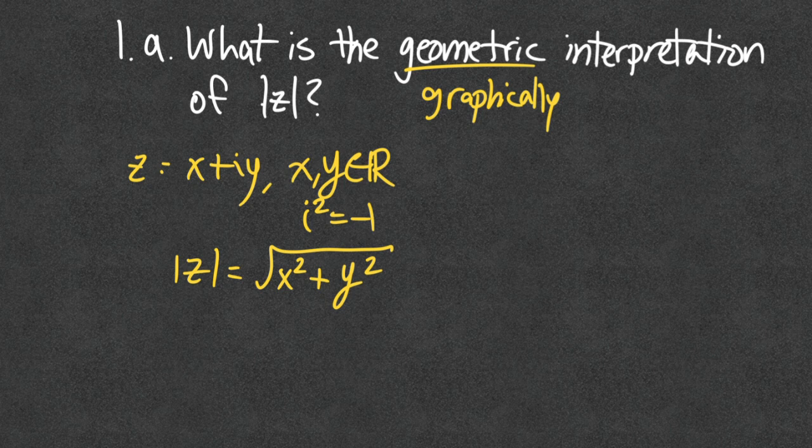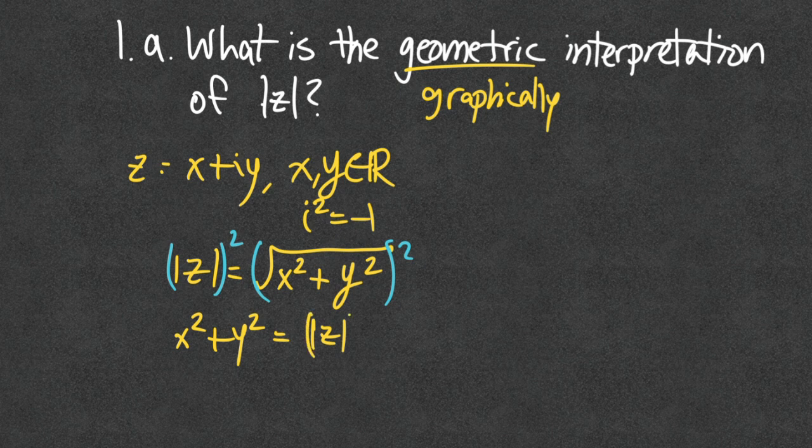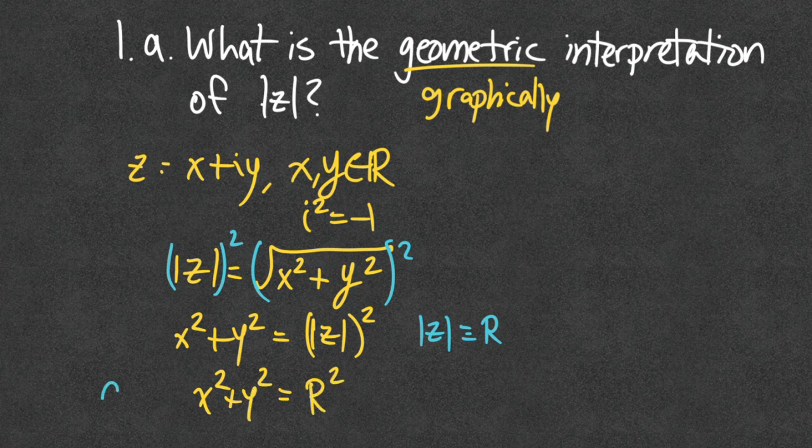And something that we can do with this definition right away is square both sides. When we do that, we end up with x squared plus y squared equals a real number squared. And by making one little definition, by letting the modulus of z be defined as maybe capital R to be a little bit suggestive, we really have that x squared plus y squared equals r squared, which is the equation for a circle. And as such, we can graph it on the coordinate plane as follows, where the x-axis